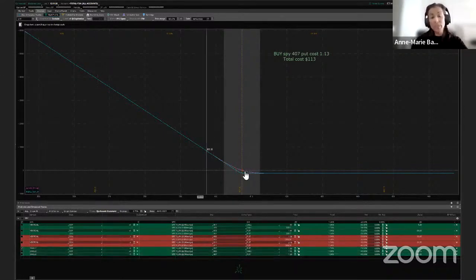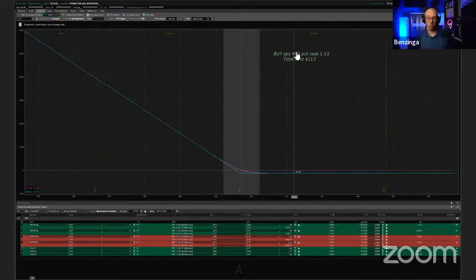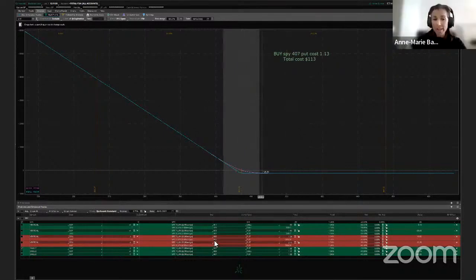So what this tells us is if I buy a put and the price goes down, I'm going to have increased returns. Now, this is a very cheap SPY because it actually expires today. But if I wanted to buy,